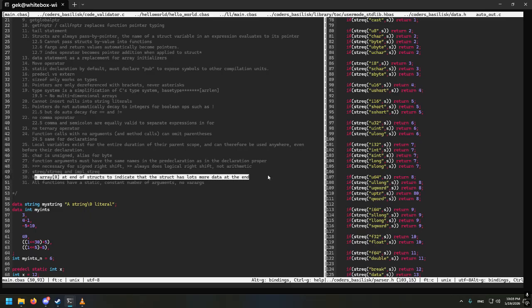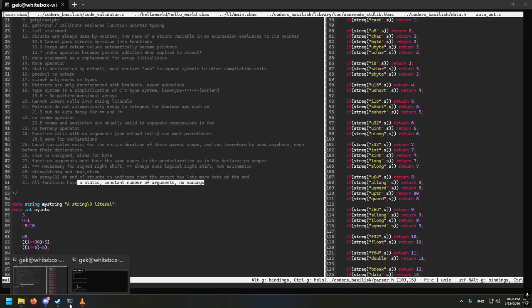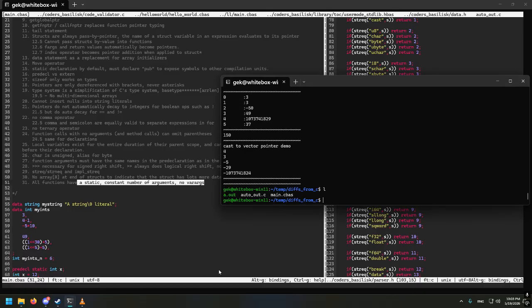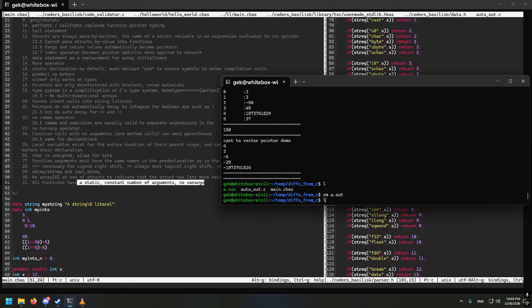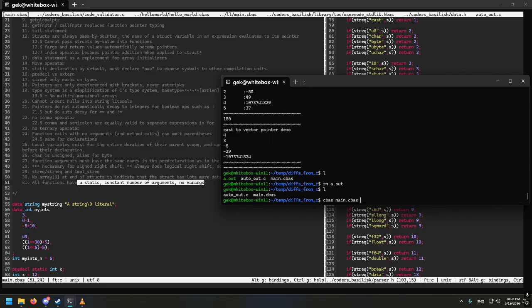No array 0 of n struct. We already talked about that. All functions have a static constant number of arguments, no var. We already talked about that. Anyway, so that's all the differences. Now I'm going to push this to